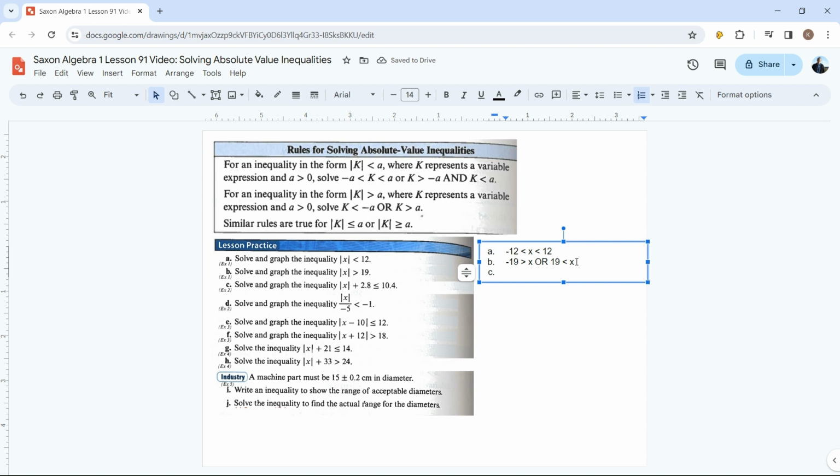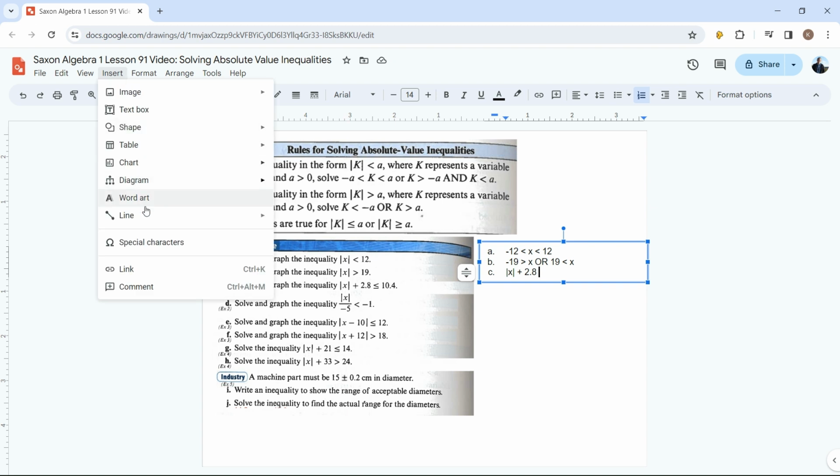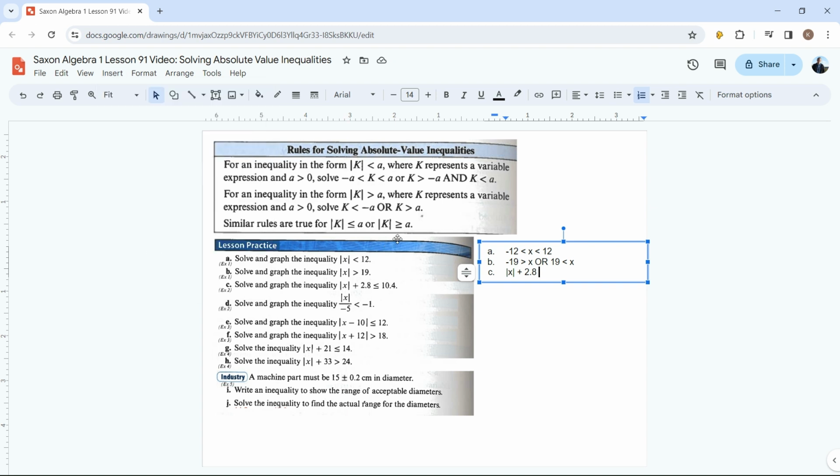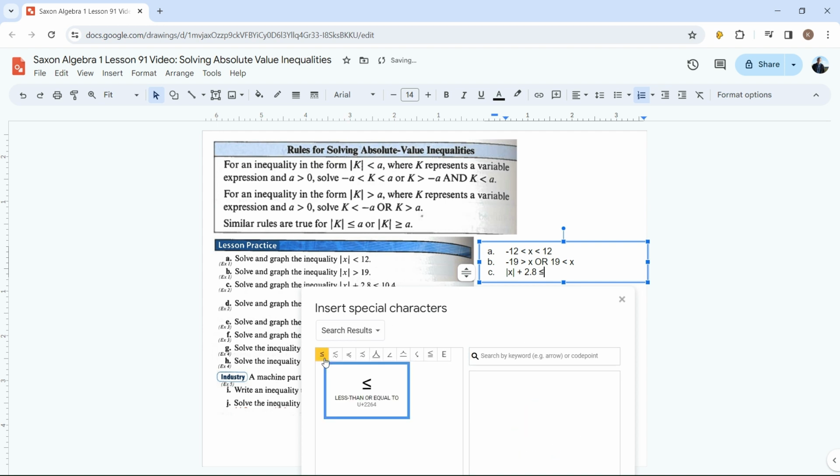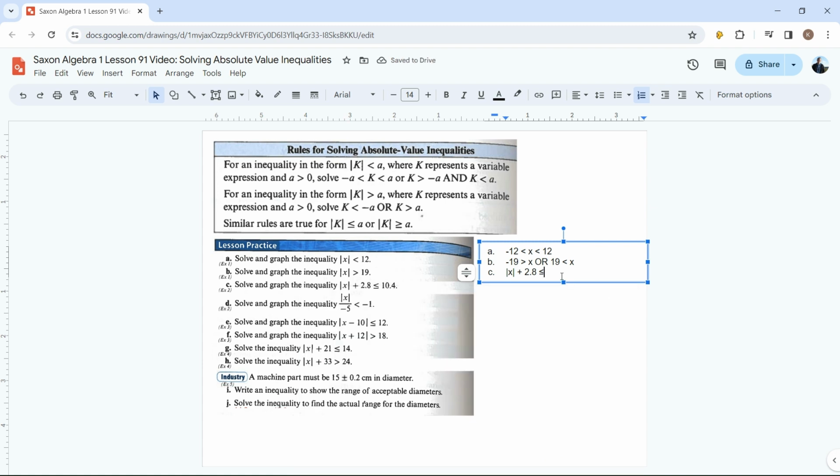Letter C, solve and graph the inequality. The absolute value of x plus 2.8 is less than or equal to 10.4. So let's go ahead and just write this out. The absolute value of x plus 2.8 is less than or equal to, that's a symbol I need to grab here. So we're going to insert, choose a special character. And actually, if you do this in drawings, it lets you just draw the character you're looking for. There we go. It's less than or equal to